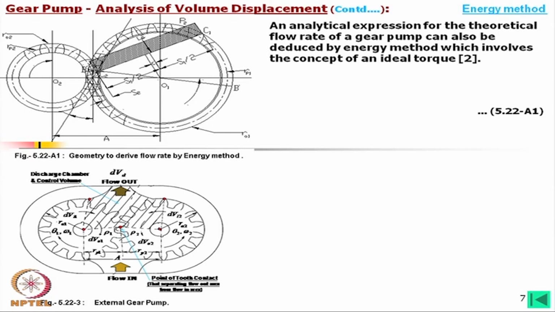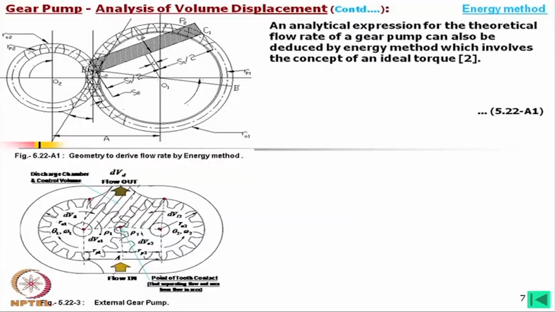we have considered a control volume. For that, what we observe is that the area is changing and the width remains constant. So, if we can equate the change of area, the variation of area with theta, then we can find out the flow variations. However, there is another method in which we consider those 3 points definitely, but instead of considering this area, what we consider